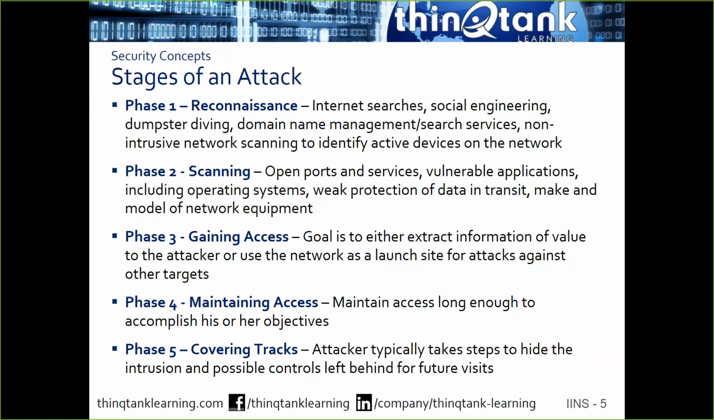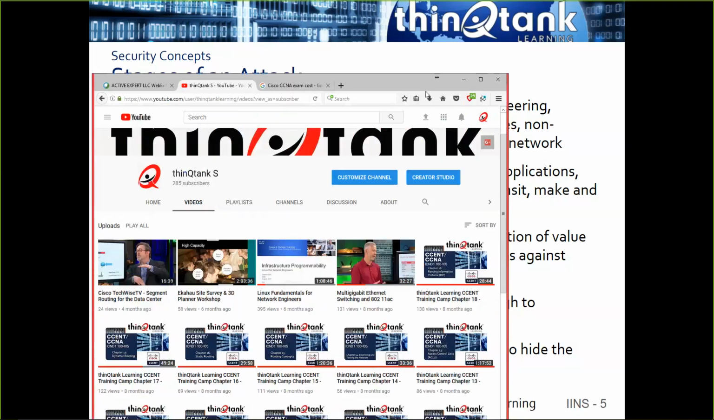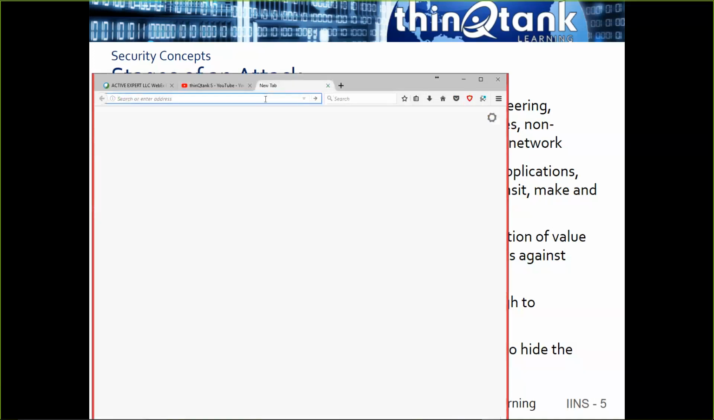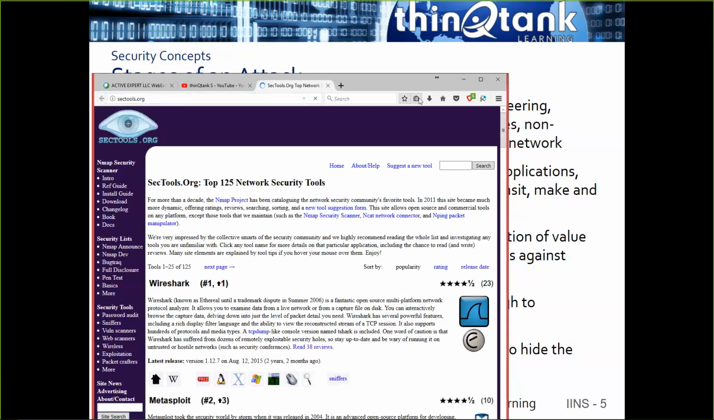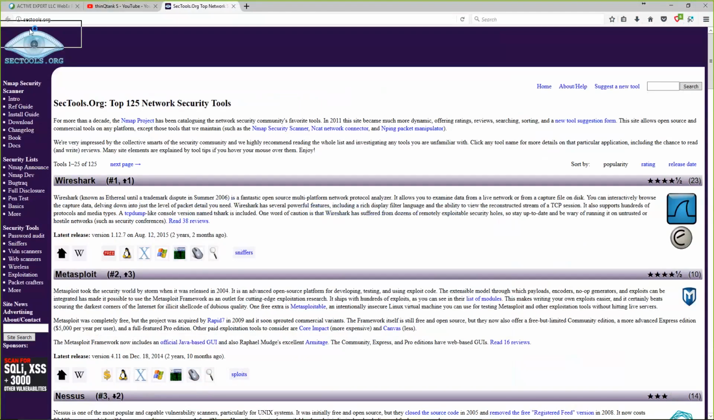There is a website. In fact, let me pull it up here real quick, that you can go to, and let me show you this website. It's called sectools.org or sectools.com, either one you want to go to. And the nice thing about this particular site is it provides all of the open tools that are available